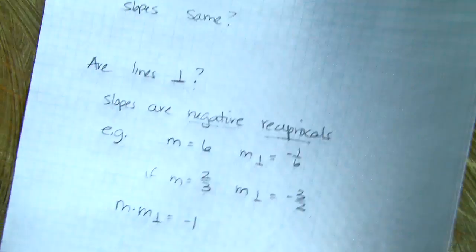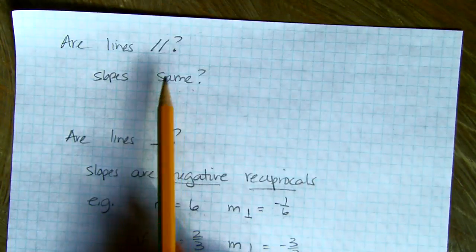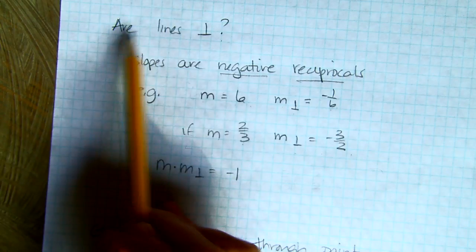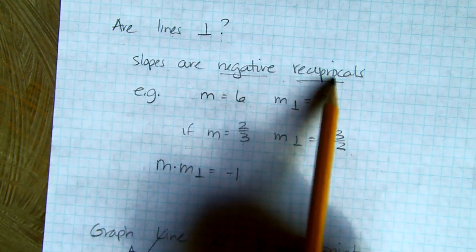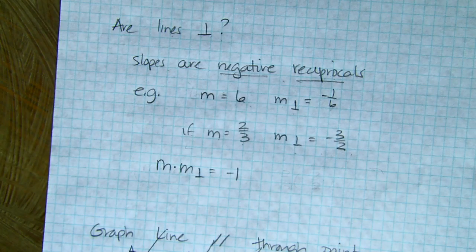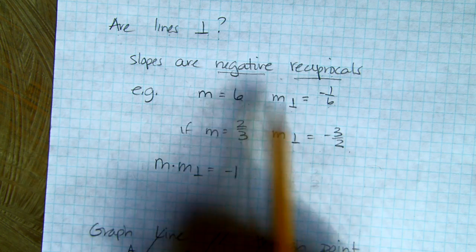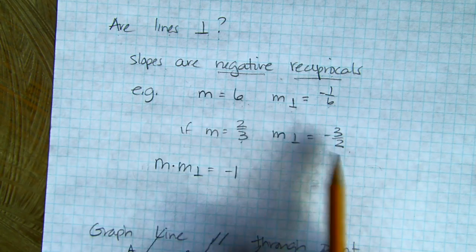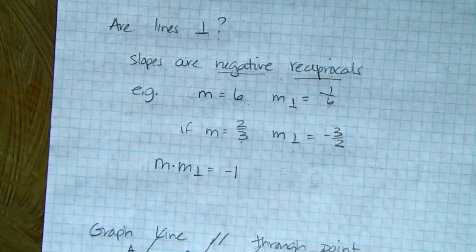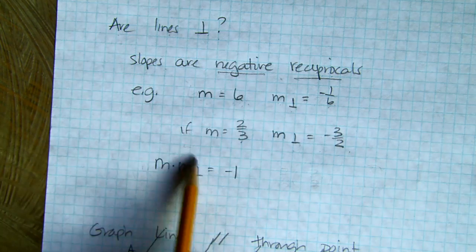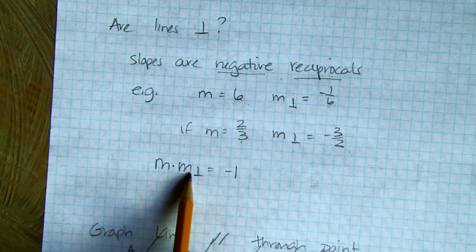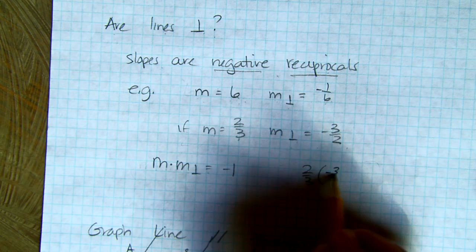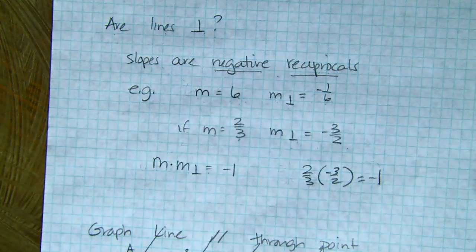What else might happen? Well, if I'm asked, are the lines parallel? Just calculate the slopes and see if they're the same. If I'm asked, are the lines perpendicular? Again, calculate the slopes, and they should be negative reciprocals. For example, if the slope is 6, the perpendicular slope should be -1/6. If the slope is 2/3, the perpendicular slope should be -3/2. Therefore, if you multiply a slope and its perpendicular, you will get -1. Notice that 2/3 times -3/2